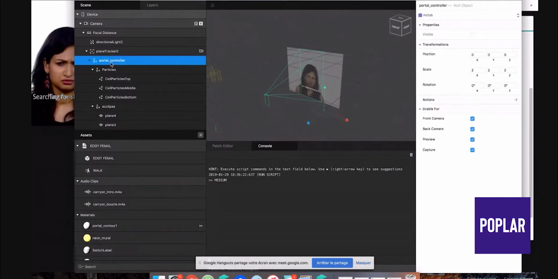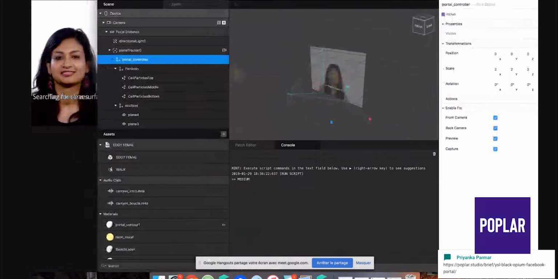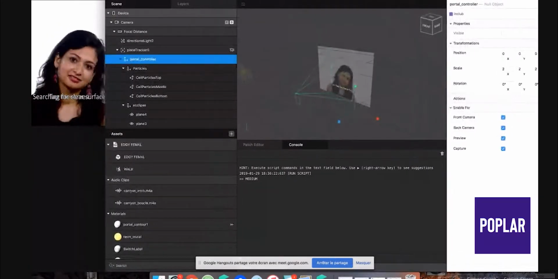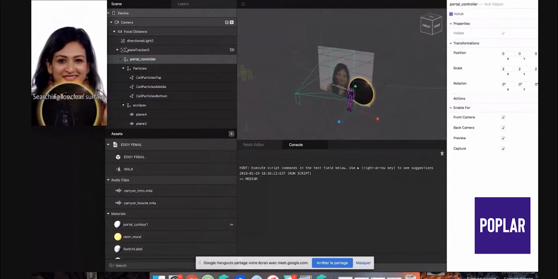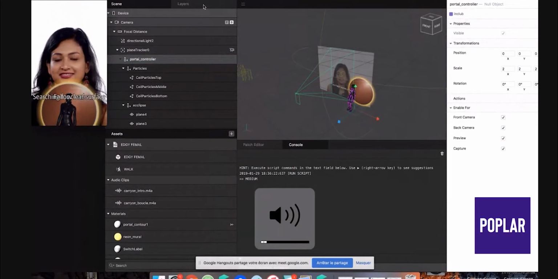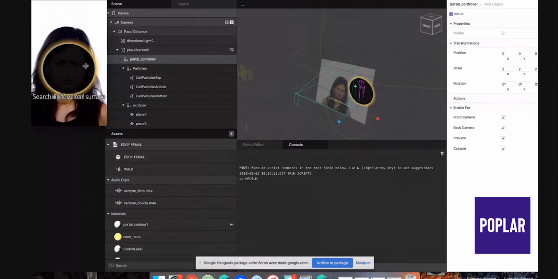What we didn't learn with the Poplar project was how to make realistic looking environments in portals in Spark AR, because the previous one wasn't realistic at all. It was great for us to make it using textures and everything. But for this one, the client wanted us to have a realistic looking experience, which makes it way harder to realize